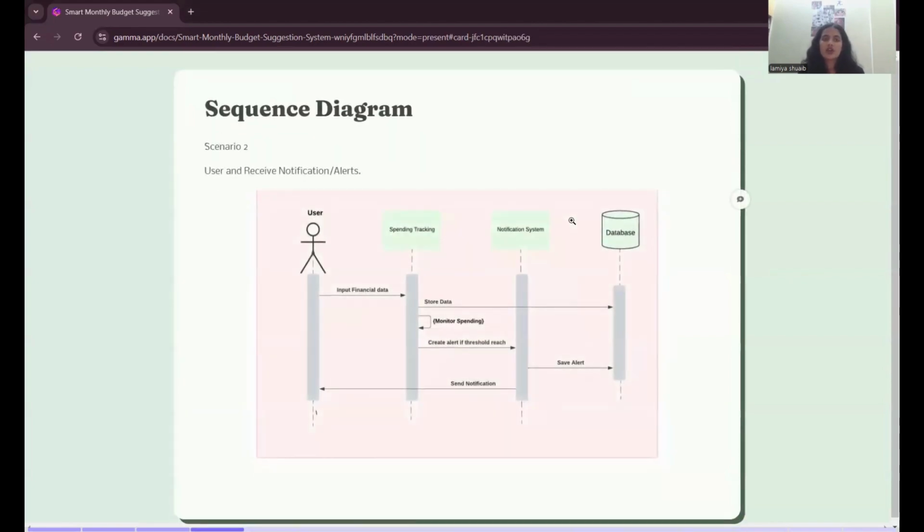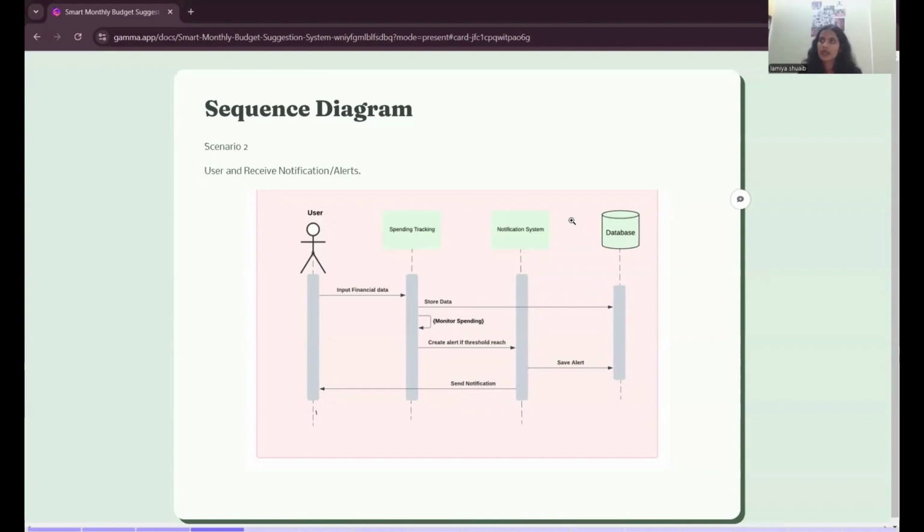Next is a scenario where a user receives notification alerts. Here we have four systems, unlike the previous one where we had three. This is a broader perspective. We have the user, a tracking system, a notification system, and a database system. At first, once the user inputs the financial data to the tracking system, the data